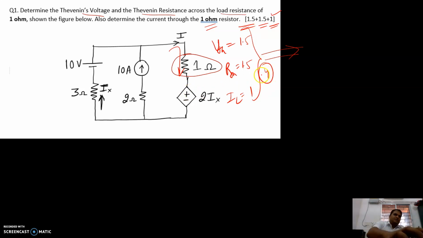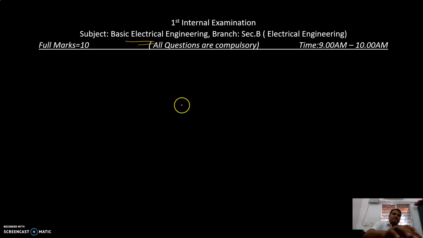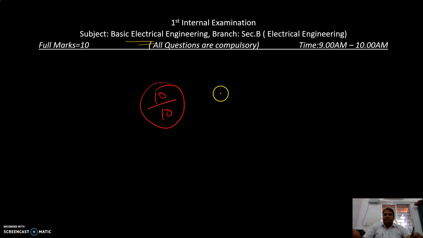So like that, the internal marks are divided, out of which you will get, suppose, 10 out of 10. We can normalize it to any other total, whatever you get.